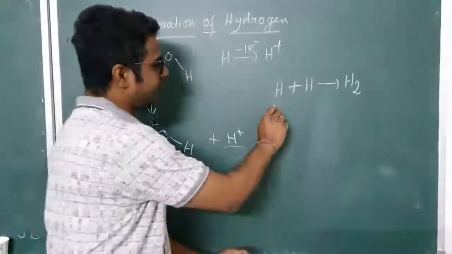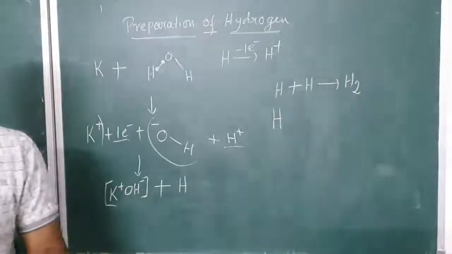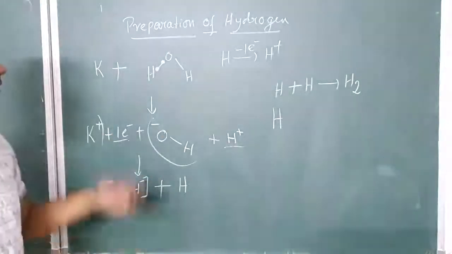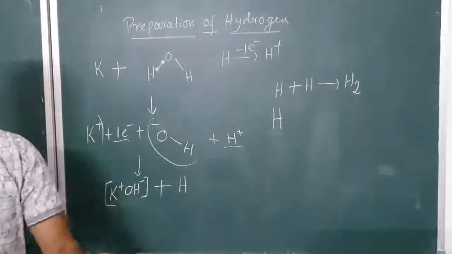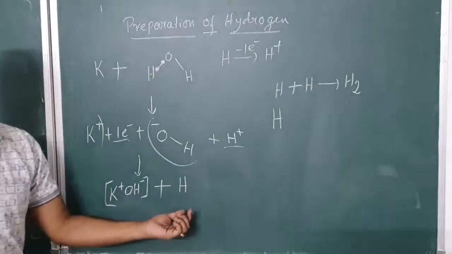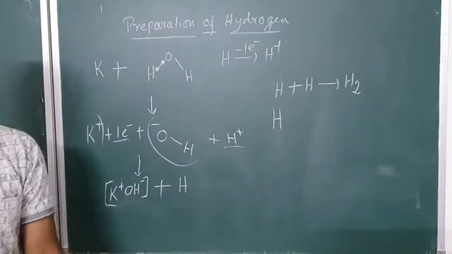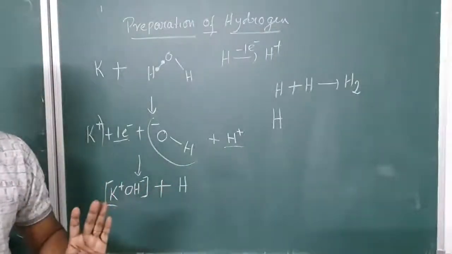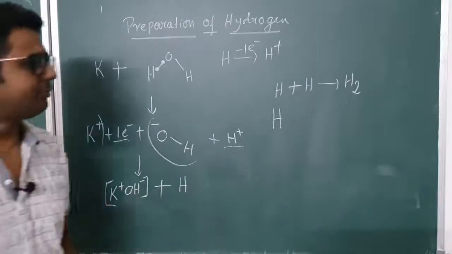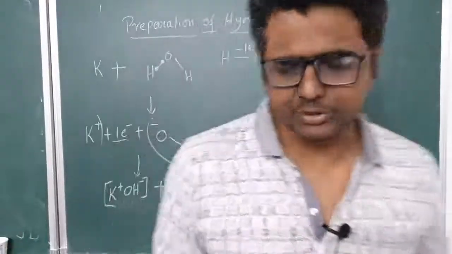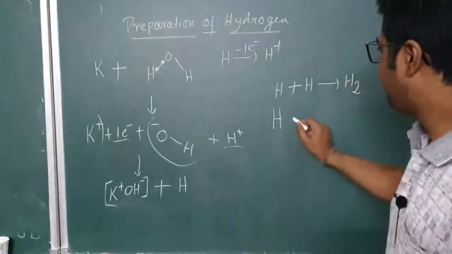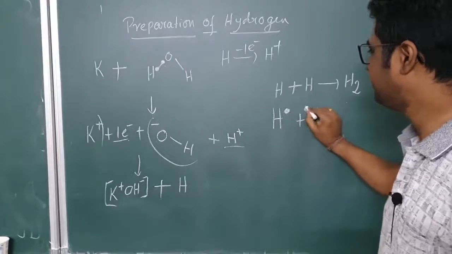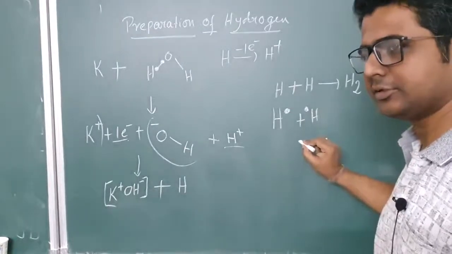Whenever a reaction happens, it's not that one molecule of water reacts with one atom of potassium and one atom of hydrogen gets released. Many atoms of potassium and many molecules of water come together, and many atoms of hydrogen come together as a product. These atoms of hydrogen, sometimes called nascent hydrogen, are like this, with one electron, in an electron dot diagram.